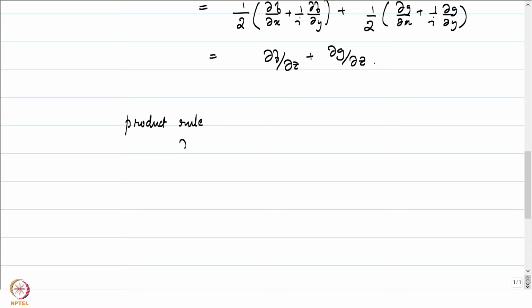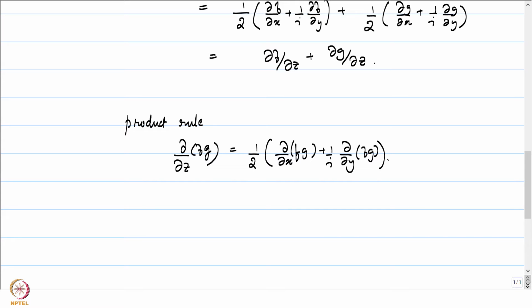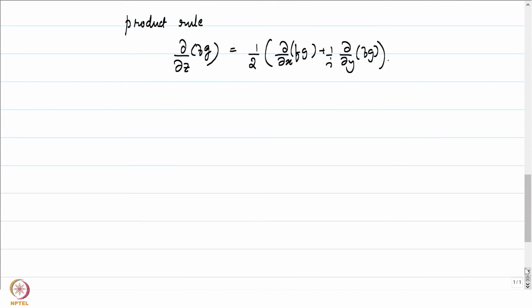So basically, if you have ∂/∂z of f times g, this is going to be equal to, let's see what this will be. This is going to be half of ∂/∂x of f times g plus 1 by i times ∂/∂y of f times g. So the product rule or the Leibniz rule for the partial derivative operator, that's already known, and that will give us